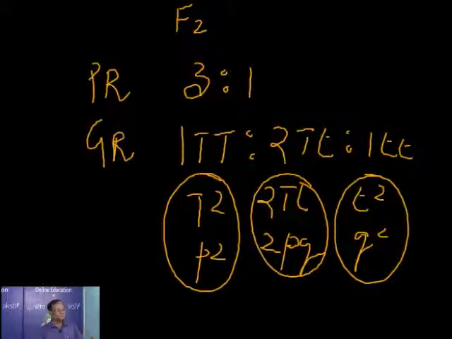So in a population, if we are counting the total number of genotypes, 1 plus 2 plus 1 is equal to 1, the total number of individuals. That is what is called the genetic equilibrium. That is why we have the binomial expansion, (P plus Q) whole square is equal to these three things: the dominant homozygous genotype frequency, the heterozygous genotype frequency, and the recessive homozygous genotype frequency.